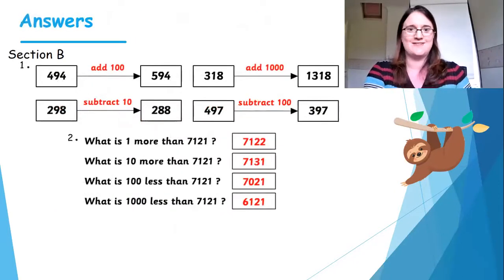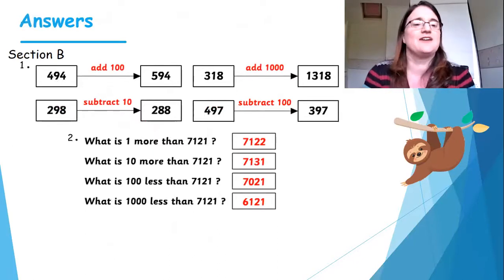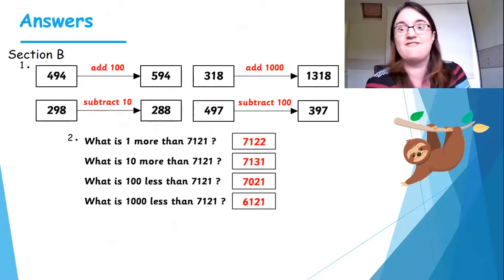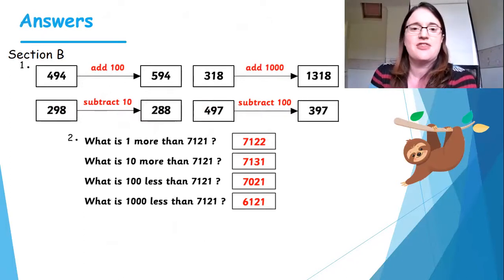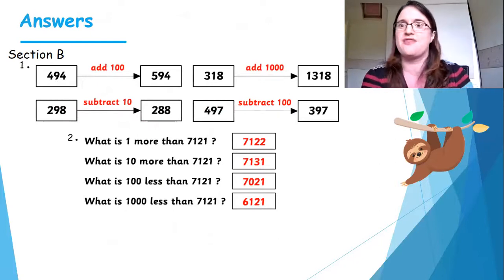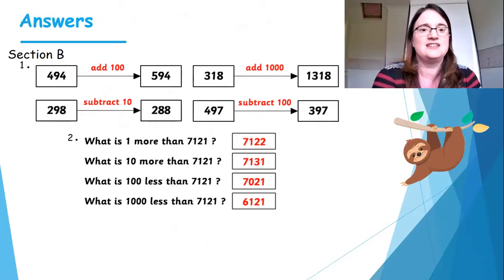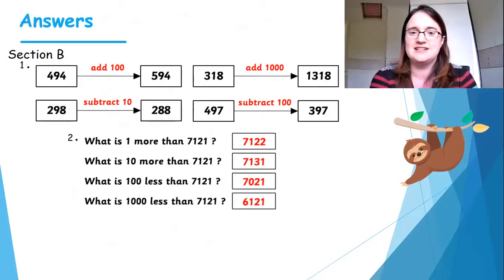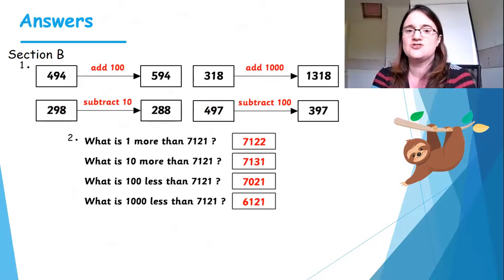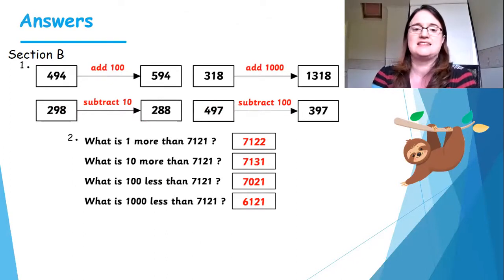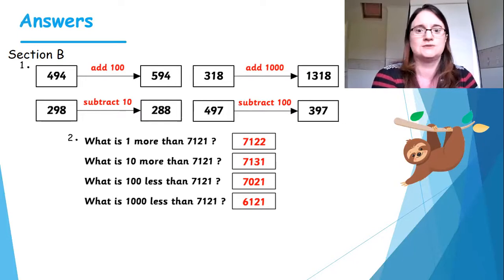Okay, how did you get on? Let's have a look. Can you check the answers for me? So we had 494, get your marking pen, which when adding on 100 made 594. We had 318 and we added 1,000 and we ended up with 1,318. The hundreds, tens and units stayed the same. 298, subtract 10, went to 288. 497, subtract 100, so 400 went to 397. And 7,121, one more, was 22 on the end. 10 more made it